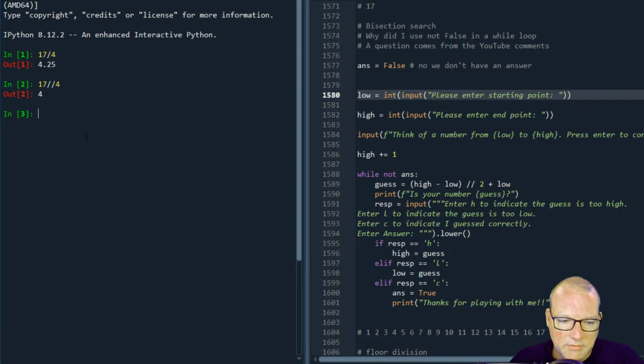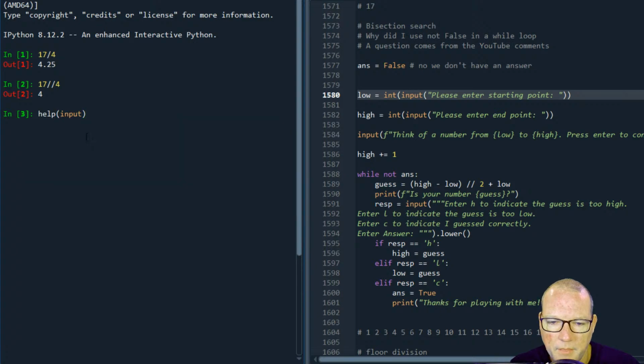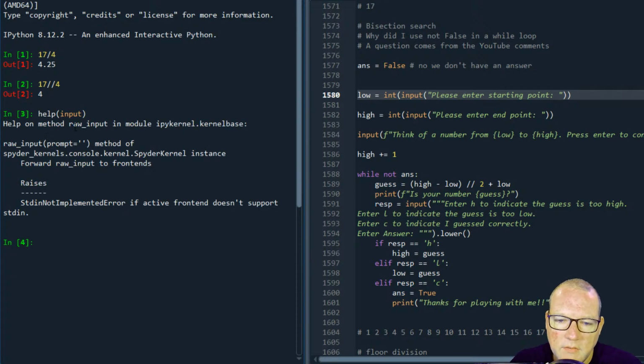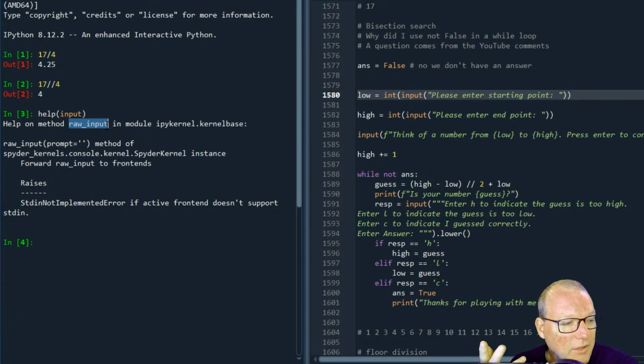So let's just take a peek at this. Help on input. This is one of the original versions, raw_input, that I think was in Python 2, if I remember. So if you're old, you know Python 2. If you're younger, you're probably like, what is Python 2?